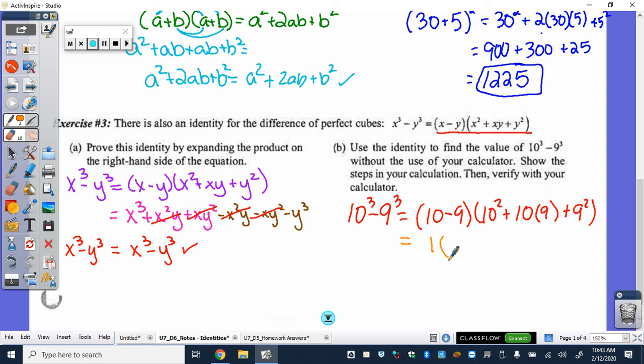10 minus 9, 1. So then inside the other one, 10 squared, 100. 10 times 9, 90, and then 9 squared, 81. So 100 plus 90, 190, plus 81, 271, and then times the 1 would still be 271. So then go ahead, type that in your calculator, 10 cubed minus 9 cubed. Let's see what we get. 271. So it works out. So all those factoring things we've been doing also work with